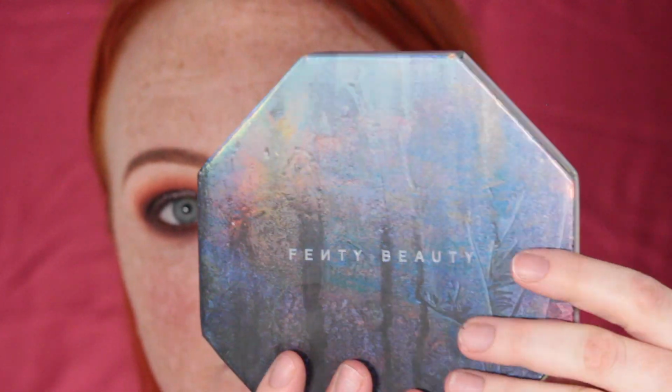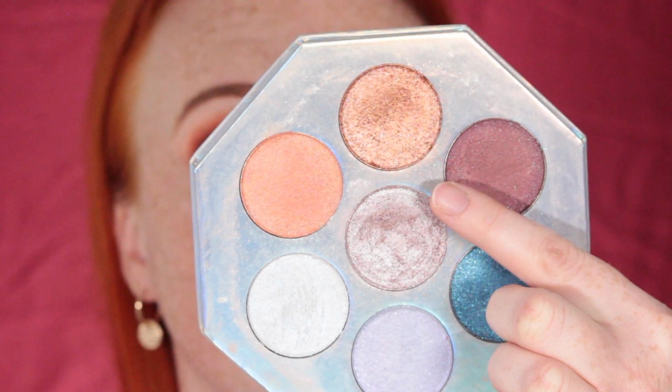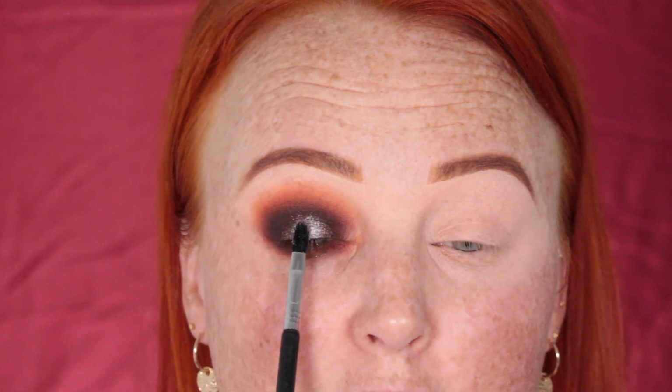with this Fenty Beauty palette. This is the Killawat foil palette. That's what it looks like here. I'm going to go in with this shade here in the middle, which is called Stone Cold. And the brush that I'm using is the E47 Crease by Sigma. And I'm just going to press this in to the center of the glitter to make it a little bit